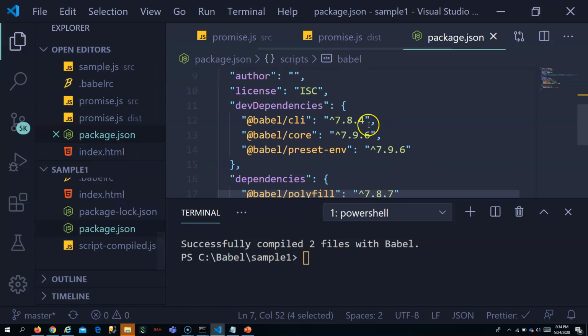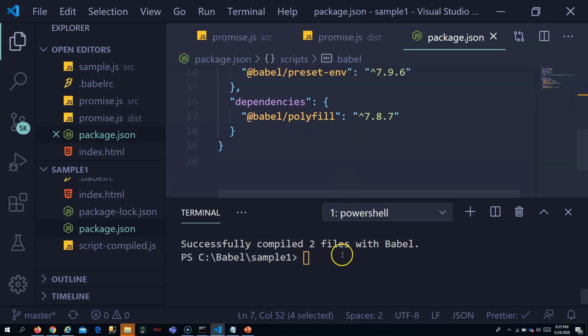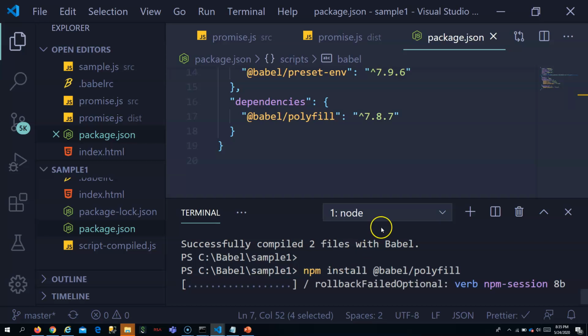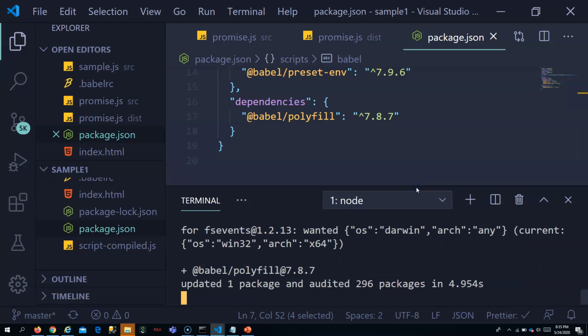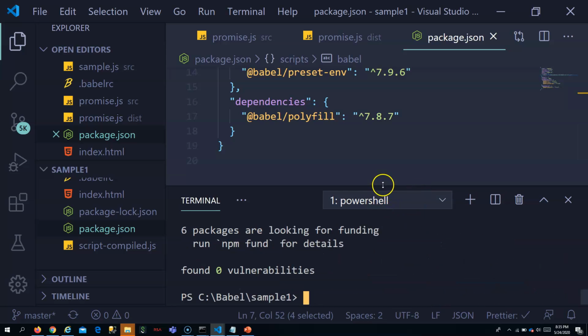If you have not installed polyfill, you have to do this: npm install babel-polyfill. So this has to be installed. I've already installed it. So now it is installed.